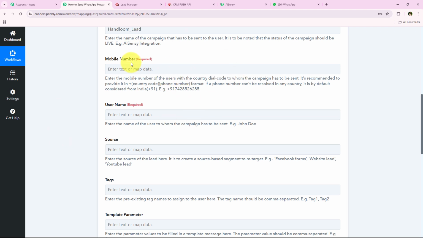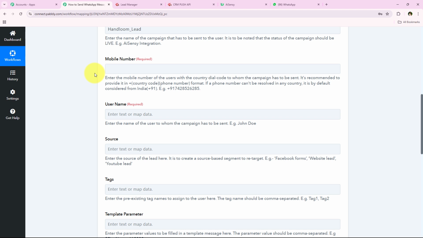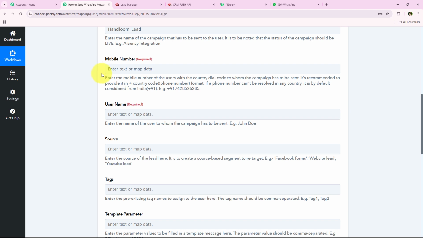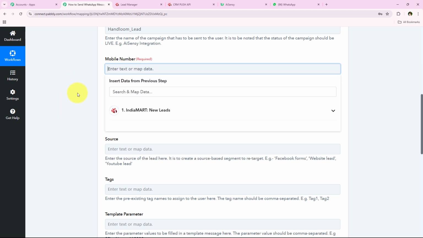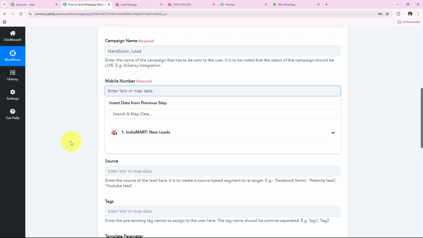But what will happen is if I enter the mobile number of my lead right over here manually like this, then this will not change with every new response received, because this will turn into static information and it will not change with every new lead received. So what we're going to do is map the mobile number of my lead. Mapping is a method by Pabbly which means inserting the data from the previous step. As you know, our previous step was the trigger step where we selected IndiaMART as our trigger application. So we're going to map the details from the response of our trigger application only. And as soon as we map these details, automatically my details will turn dynamic and change with every